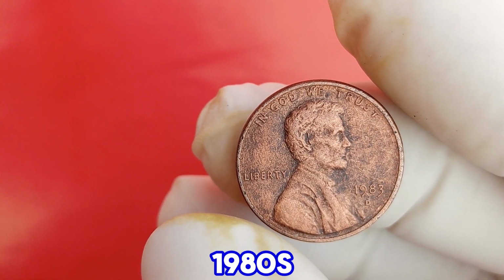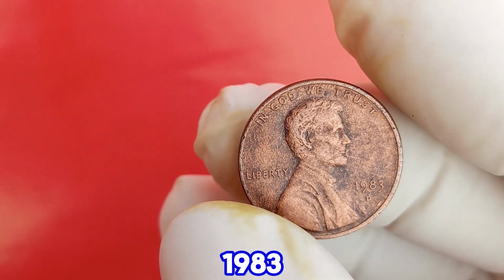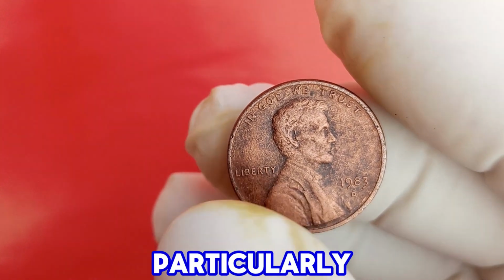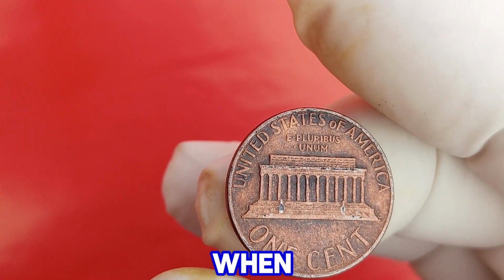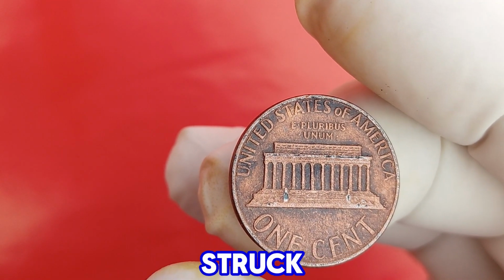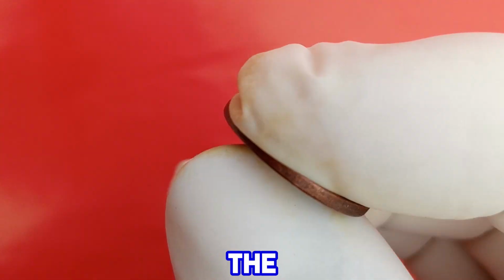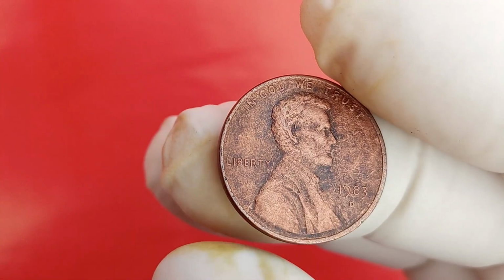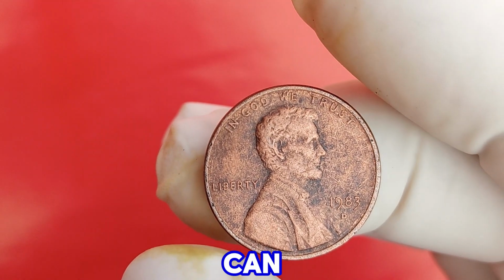Coins from the early 1980s are notorious for their errors. The 1983 D Lincoln penny is particularly famous for a rare double die reverse error. This occurs when the coin's design is accidentally struck twice, resulting in a doubled appearance on certain features like the lettering or design elements. Collectors are always on the hunt for such errors because they are rare and can significantly